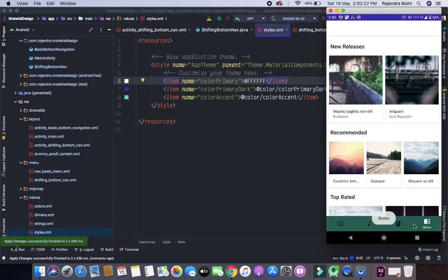Now it looks better. So this is all about the shifting bottom navigation menu, and thanks for watching. See you in the next part.